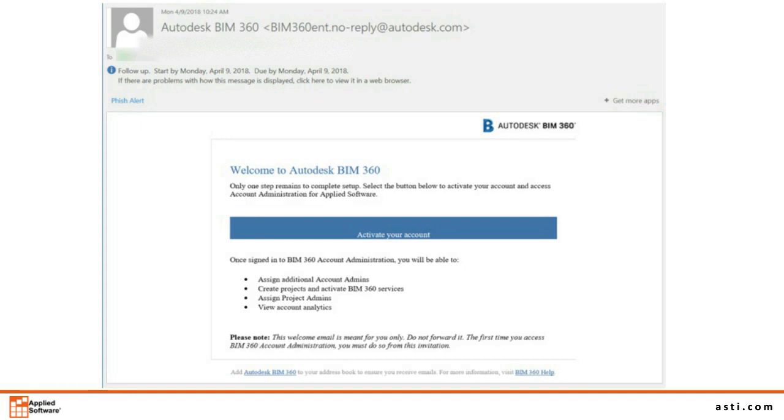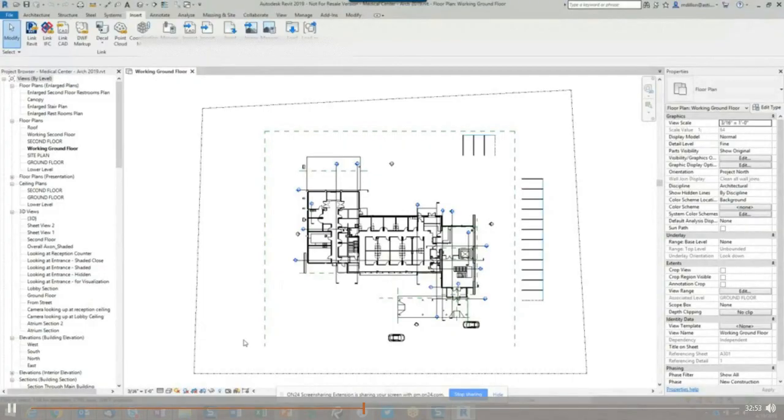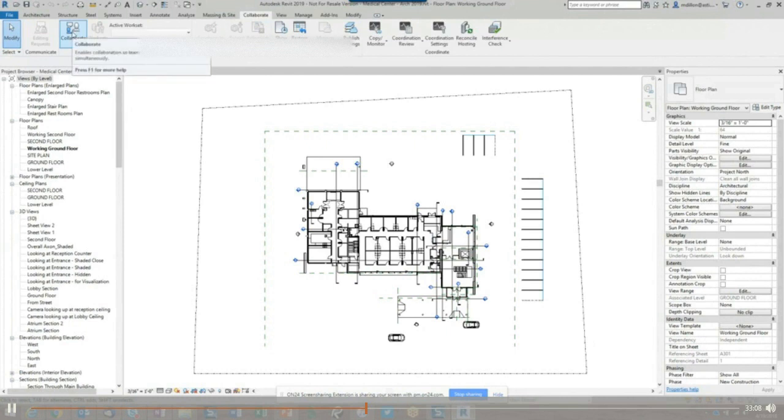Thank you, Mike. We'll wait here a second for my screen to start sharing. Okay, so my Revit model should be up on the screen. I'm in the architectural model. There's been no work sharing initiated on this yet, but I'm ready to do so. So those of you that have used C4R in the past, you'll see that it still works pretty much the same. If I go to the Collaborate ribbon and I click on the Collaborate button,